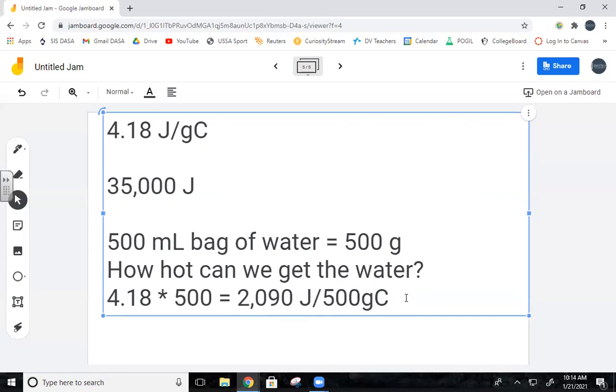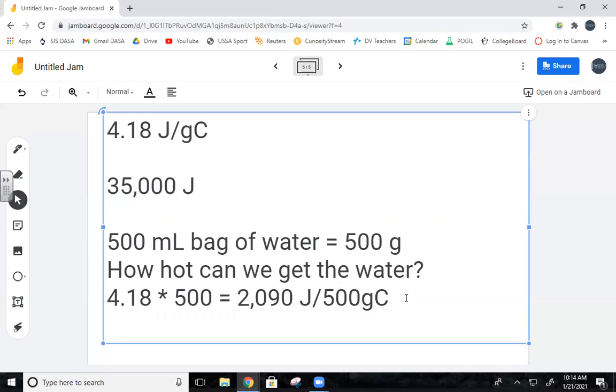Very good, Franklin. So what we need to do is we know that we have 35,000 joules, right? If we divide that by the specific heat of our bag of water, which is 2,090 joules per 500 grams Celsius,